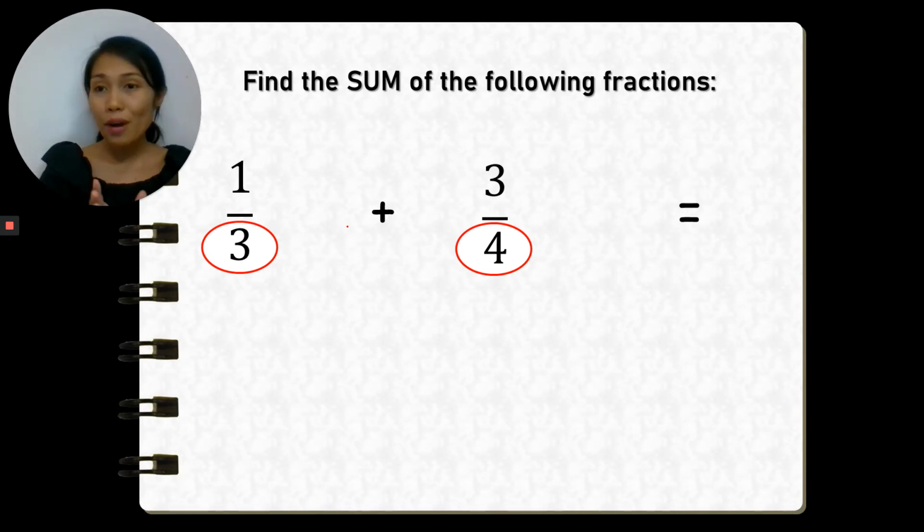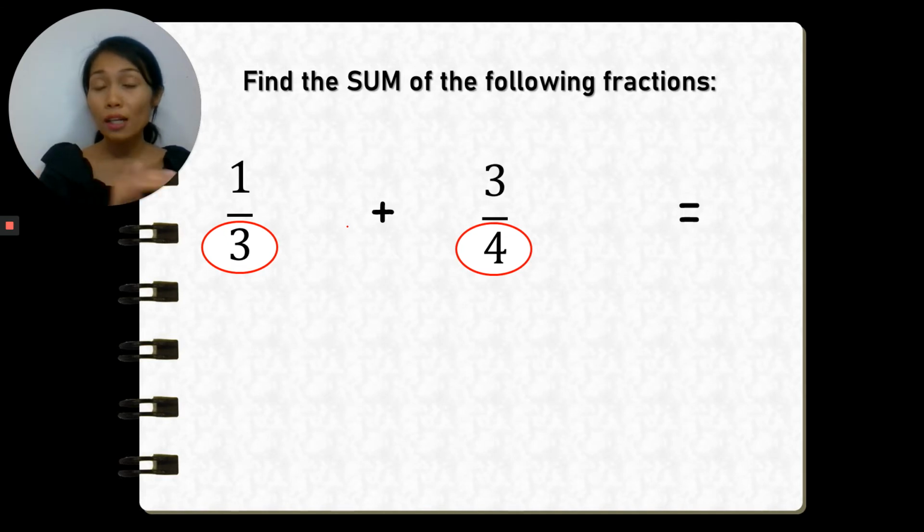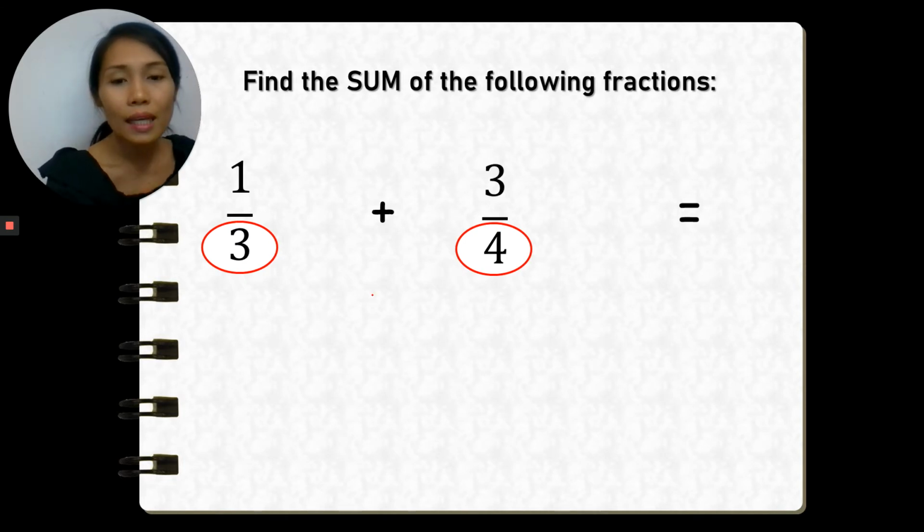To make our new fractions, the first thing to do is to find the LCD. Why? Because the LCD will be the denominator of our new fractions, to make them like fractions. Okay, so let's find the LCD